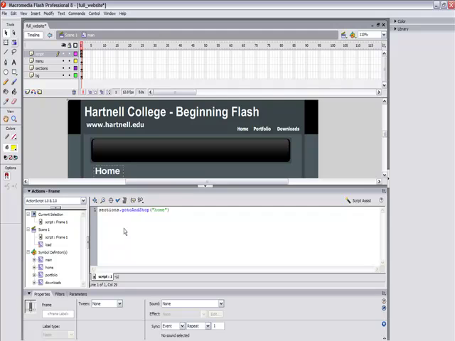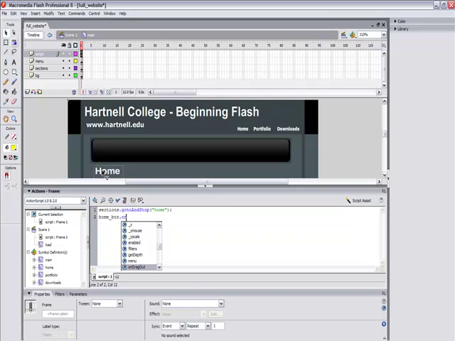Remember, this is the home button. But remember that if we double click in the sections area, we've got home, portfolio, and downloads. Okay, we're going to end that line of text, and we're going to say home underscore btn, the button,